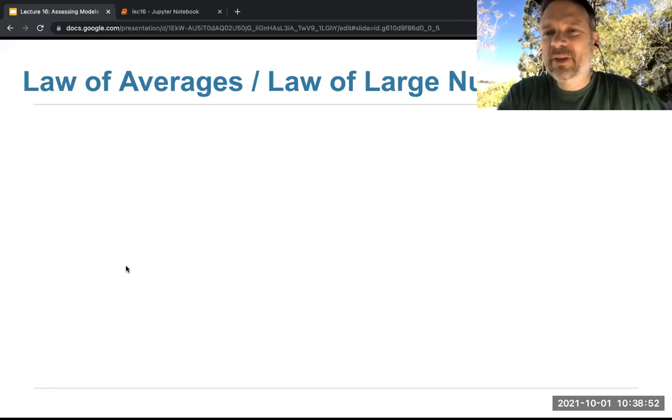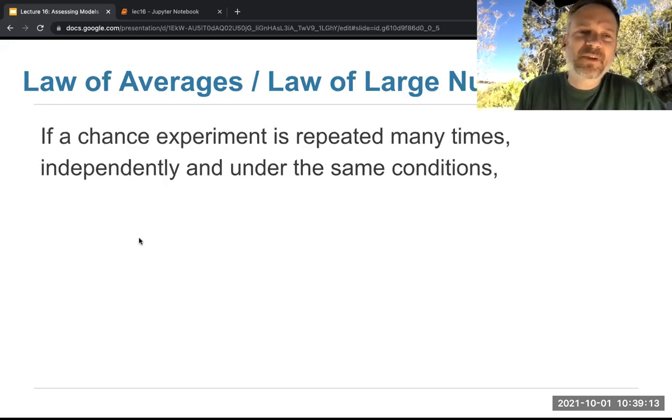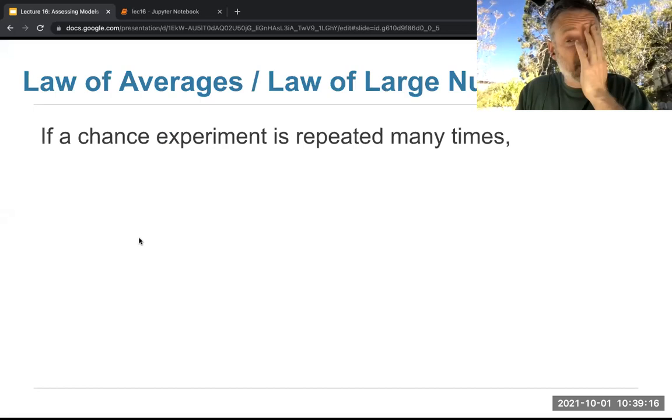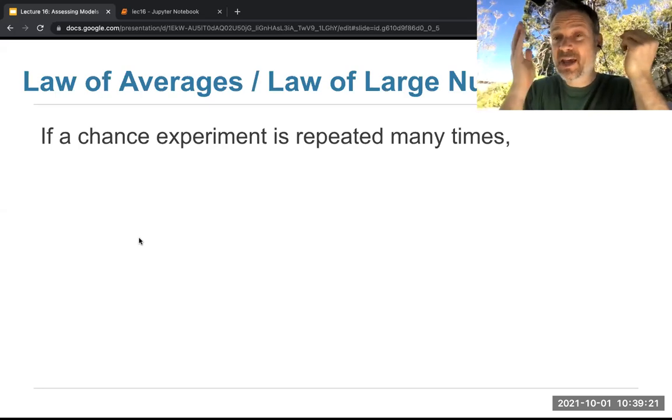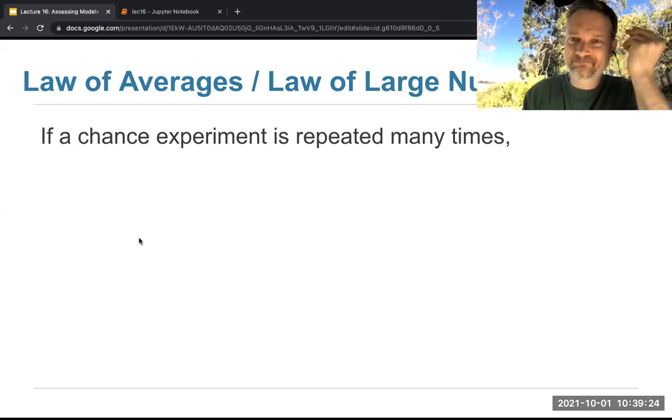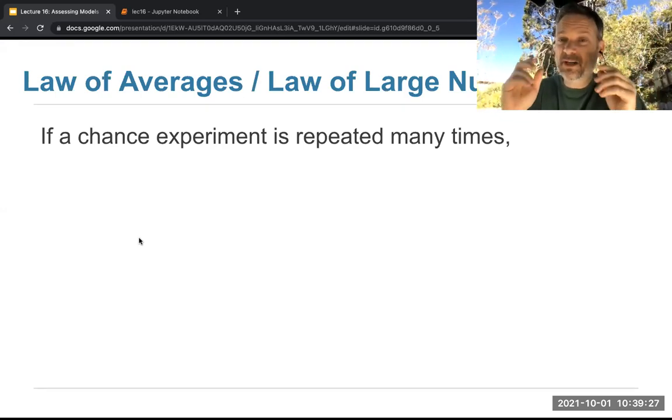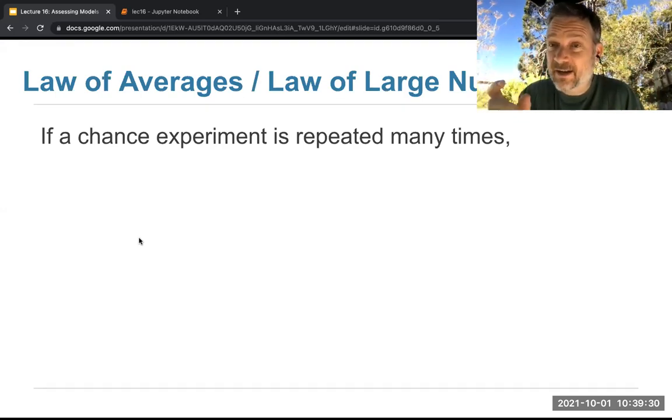There is a theorem in statistics called the law of averages, or the law of large numbers, which formalizes what we were seeing today. It says what we are seeing today is not an accident. It's in fact something that always happens. So what this says is if you have a random experiment that involves some randomness, some chances, and you repeat it many times, the same experiment each time, you repeat it. So let me give you a working example you could use for what I mean by experiment. That might be rolling a fair die and writing down what number you got. So if you repeat that many times,